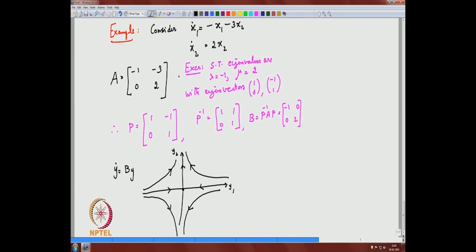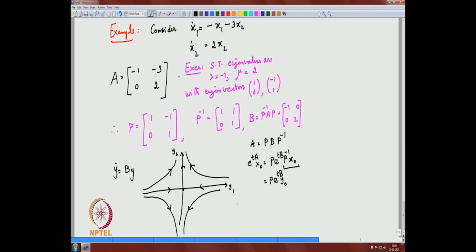You can of course do the analysis, because you can write down A is nothing but P B P inverse, and then you can write down the solution as e power tA of x naught, which is nothing but P B P inverse of x naught. So, you choose this P inverse of x naught as y naught. So, this is starting with that P B of y naught, and you can write down the solution completely immediately.